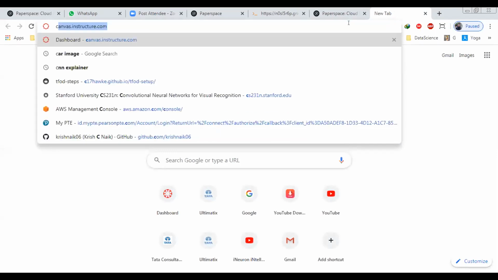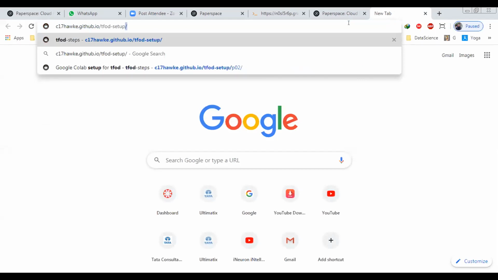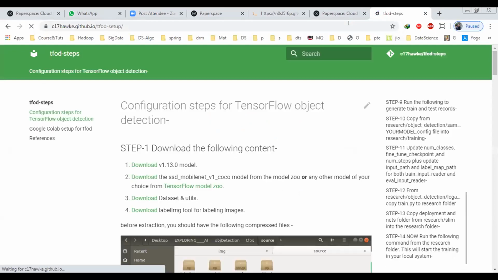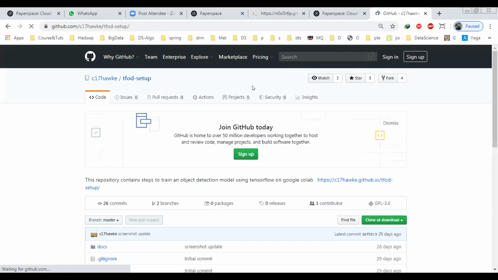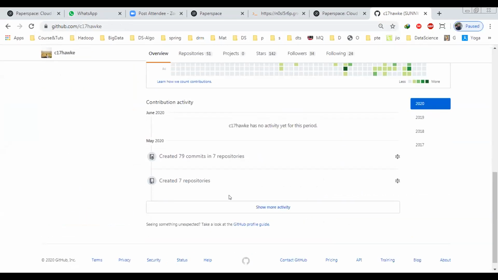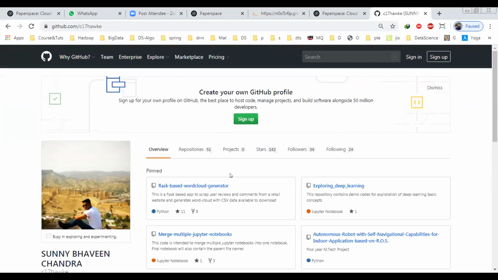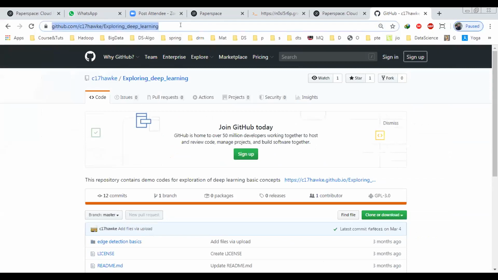Let's say I want to clone this repository, so I will copy this URL.